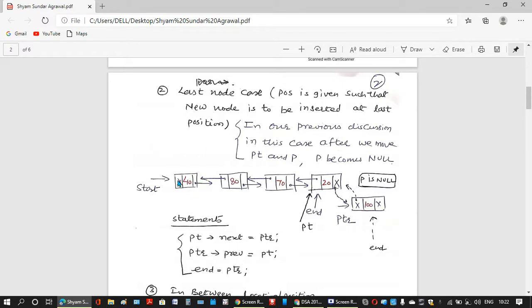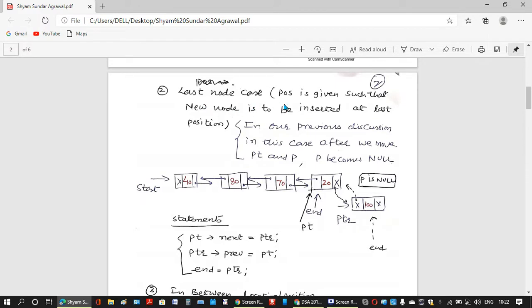See here, if the positions are 1, 2, 3, 4, and the user says that I want to insert at position number 4, that means we will be inserting between 3 and 4. But if the user says position number 5, that means we will insert at the end. If the user says position number 6, 7, 8, 9 or 100 or whatever, too big a number, then this new node will be inserted at the end only.